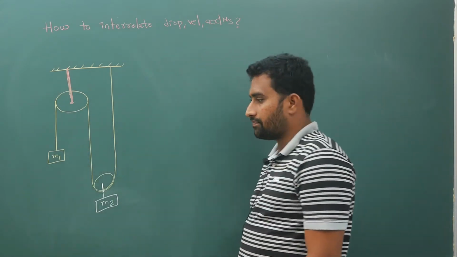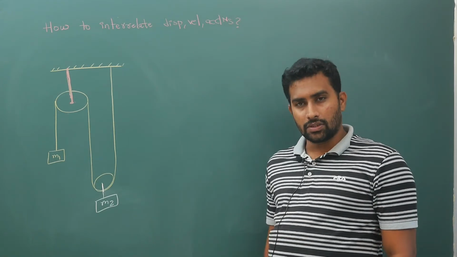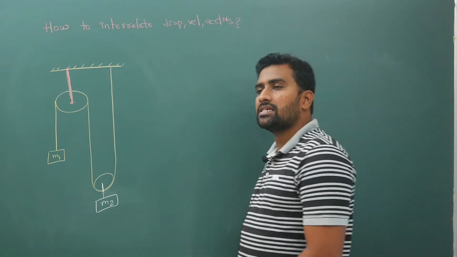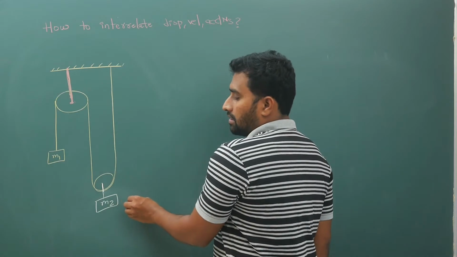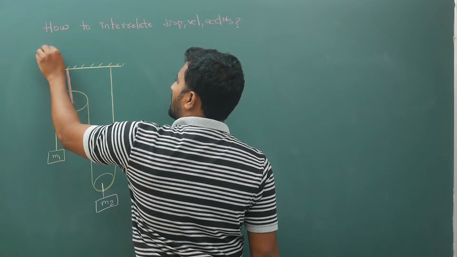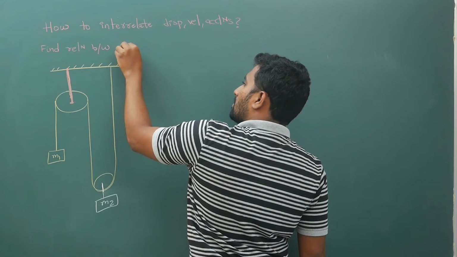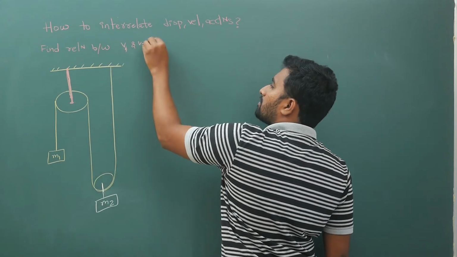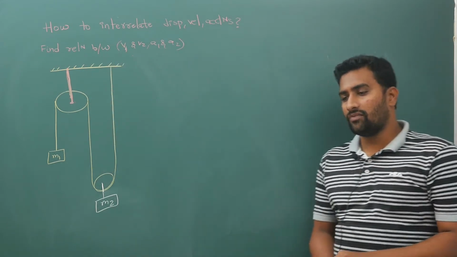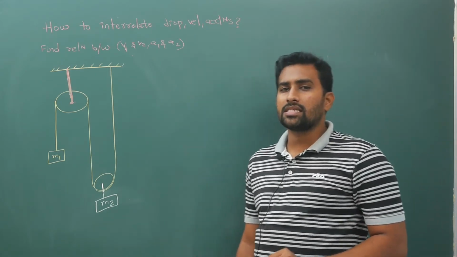Now what I am trying to do here is, there are totally 2 strings. I am trying to relate displacements of m1 and m2, velocities of m1 and m2, and accelerations of m1 and m2. Indirectly find the relation between v1 and v2 or a1 and a2, whatever you take, that is your choice. But now 2 methods I will give you. First, the basic maths approach. So what is the basic maths approach?